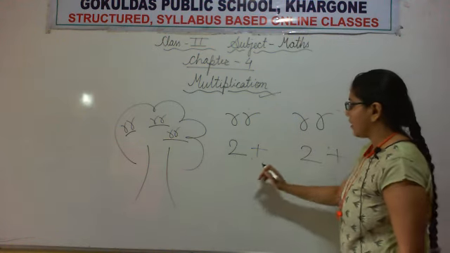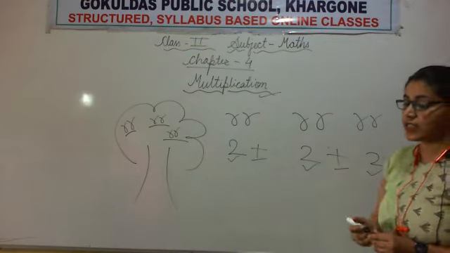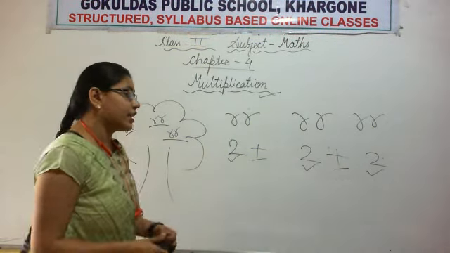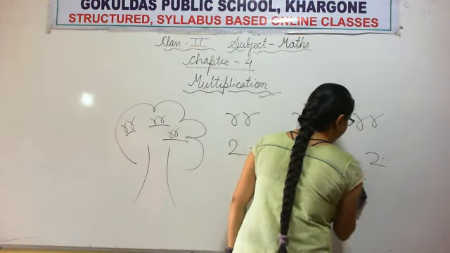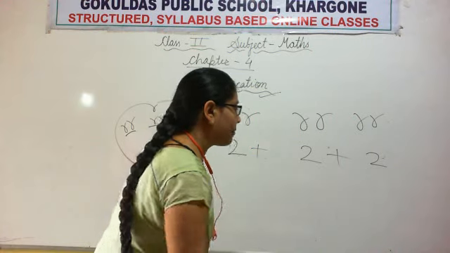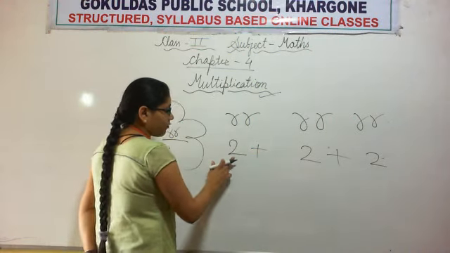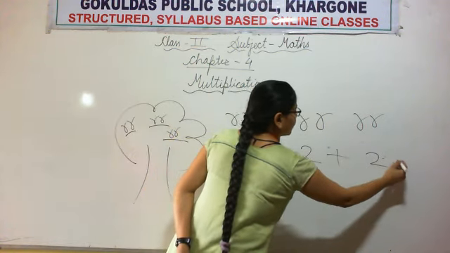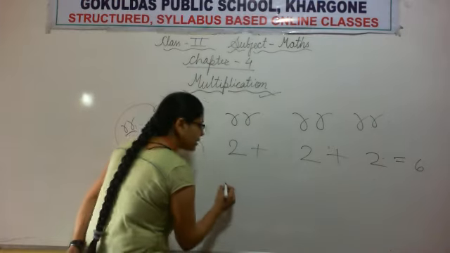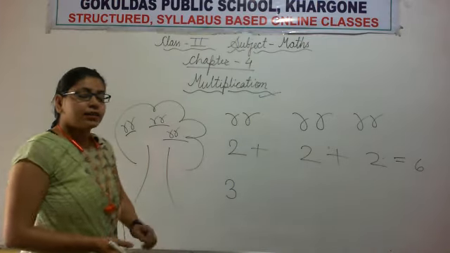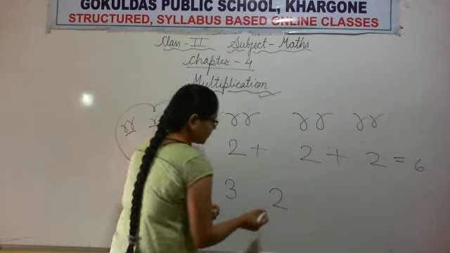Repeated addition of the same number. It means, by the definition of multiplication, what is the definition of multiplication? Multiplication is repeated addition of the same number for the required times. So how many times are we repeating? 1, 2, 3. This 2 plus 2 plus 2 is 6. So how many times? 3 times. 3 times what? Number 2.